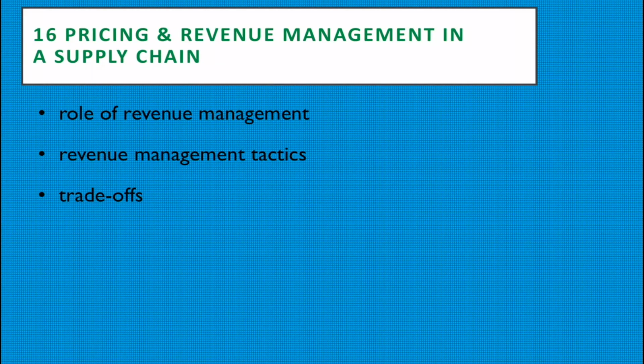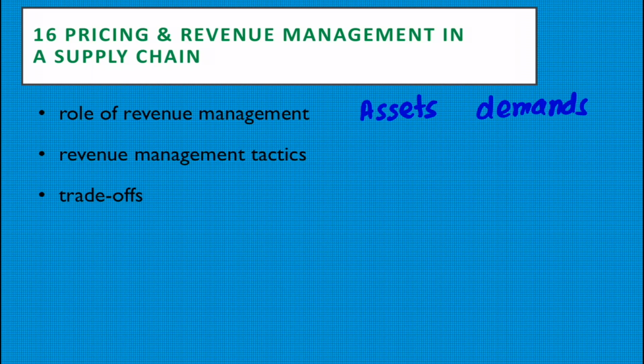In a supply chain, assets usually do not vary too much, but demand mostly fluctuates. So in this situation, matching demand with supply is always very challenging. In this chapter, we look at how pricing and revenue management can be used in a supply chain to better